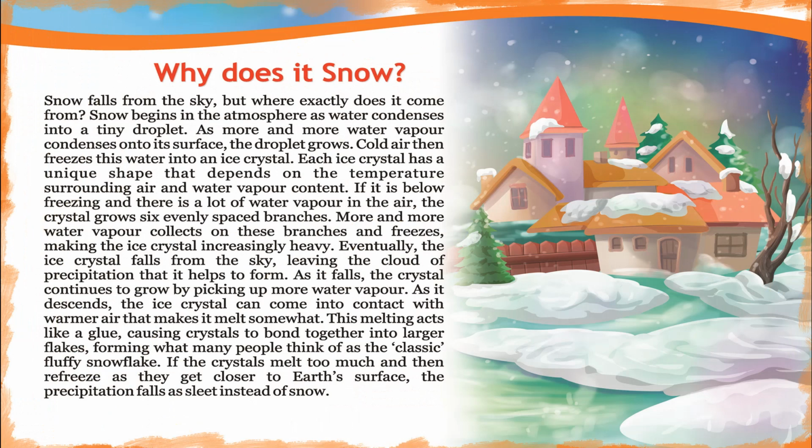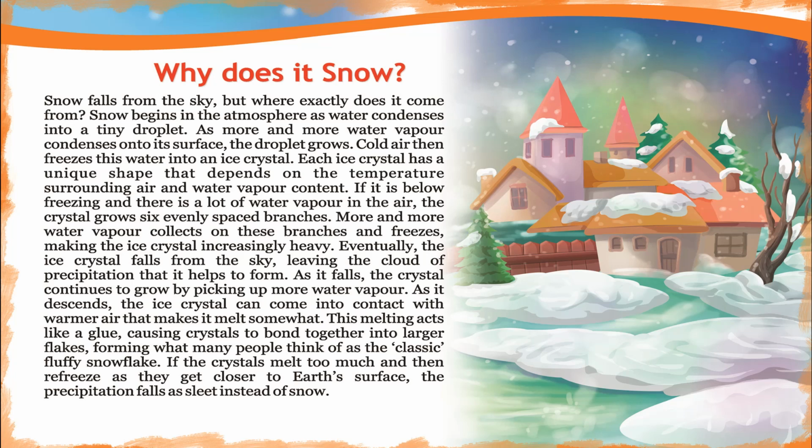Why does it snow? Snow falls from the sky, but where exactly does it come from? Snow begins in the atmosphere as water condenses into a tiny droplet. As more and more water vapor condenses onto its surface, the droplet grows. Cold air then freezes this water into an ice crystal. Each ice crystal has a unique shape that depends on the temperature of the surrounding air and water vapor content. If it is below freezing and there is a lot of water vapor in the air, the crystal grows 6